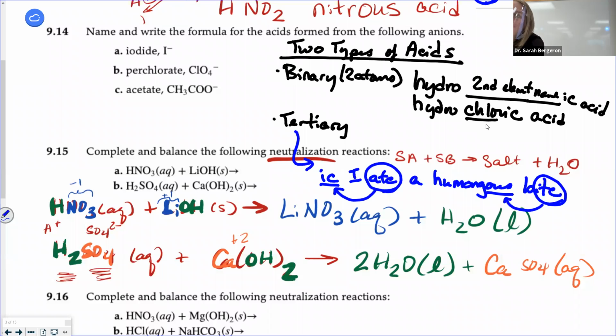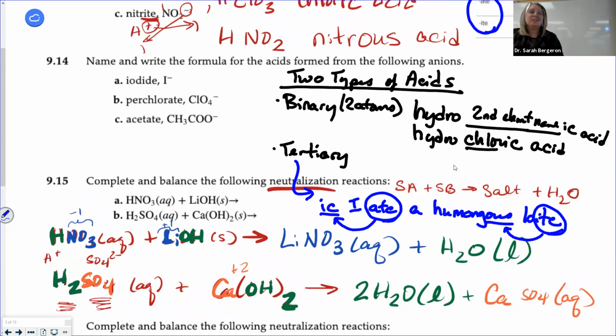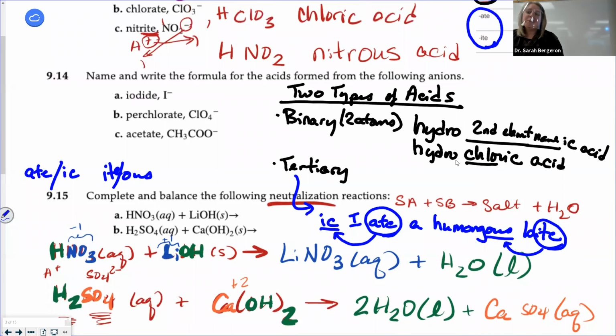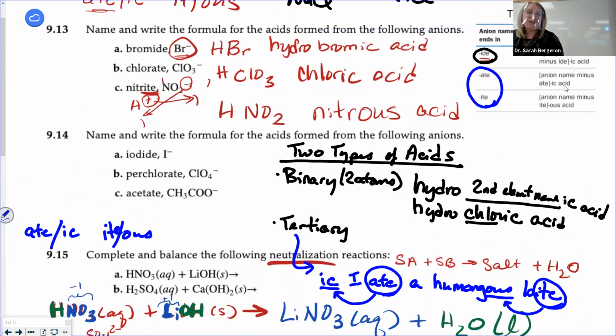Ick, I ate a humongous bite, right? The other one that you could do, which is kind of fun, is I went to chemistry class and I got aitic-itis. So I got 8, ick, I-T-O-U-S. So A-T-E goes to I-C, and I-T-E, sorry, goes to O-U-S, right? It's the same thing. Just another way to remember it. But the rules are really here. I'm going to give them to you,